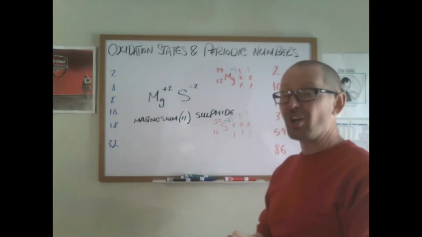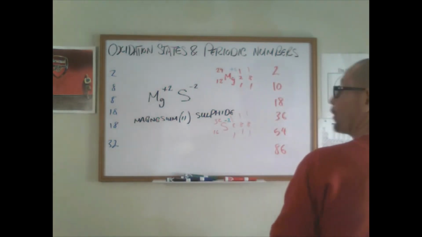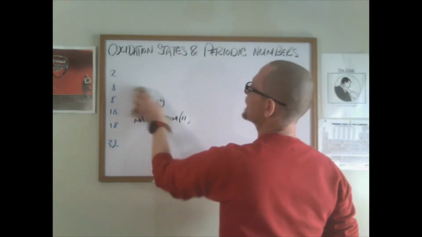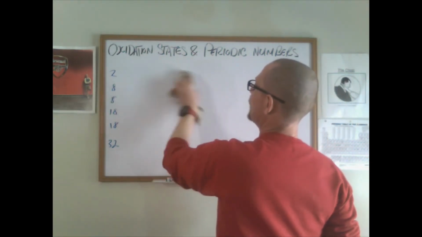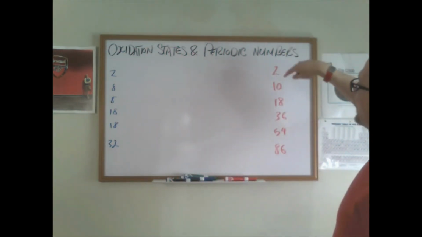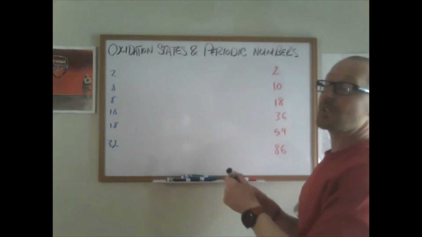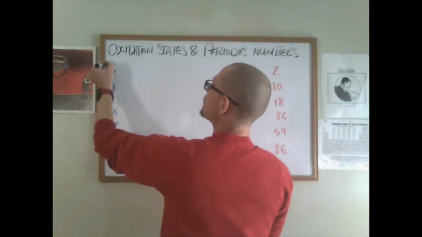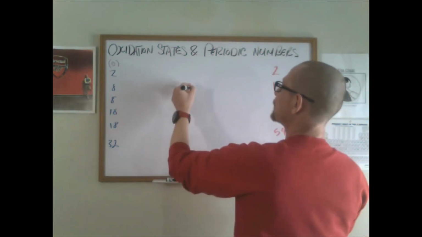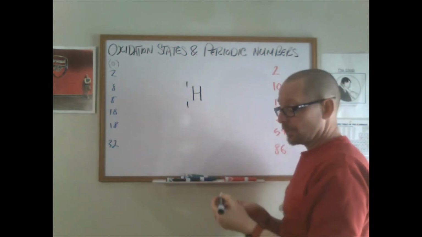And just a quick note on hydrogen itself, right? You'll remember, or I hope you'll remember, at the very start of the video, I started out with a 0. I said 0, and then the difference between 0 and 2 is 2, the difference between 10 and 2 is 8, 18 and 10 is another 8, so we have this mysterious 0. We don't use it a lot, but it's ridiculously important. Or in other words, hydrogen has got one valence electron, 1 over 1. So it's only got the 1,